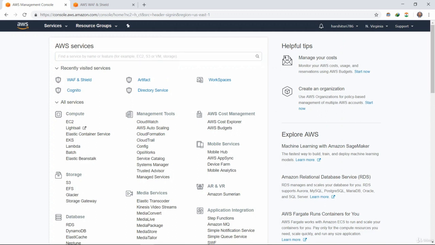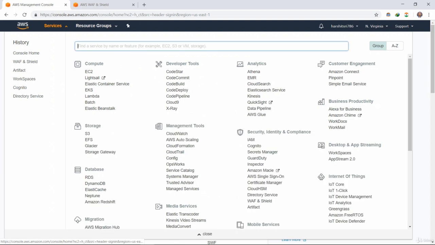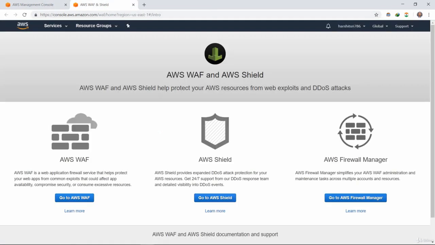Now we are going to create an instance for Amazon WAF and Shield, which is a security, identity, and compliance tool available on Amazon Cloud. You can choose this option from the services options. It will help you protect the AWS resources from web exploits and basically DoS attacks and DDoS attacks, distributed denial